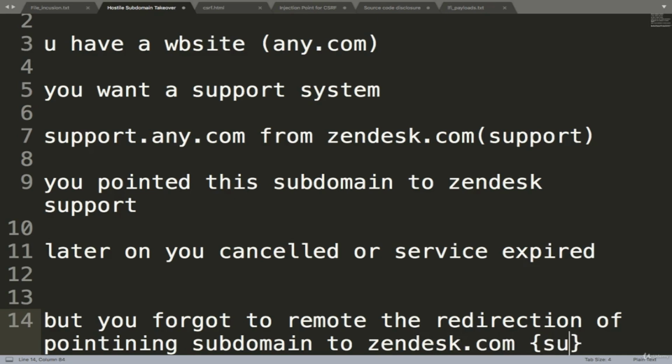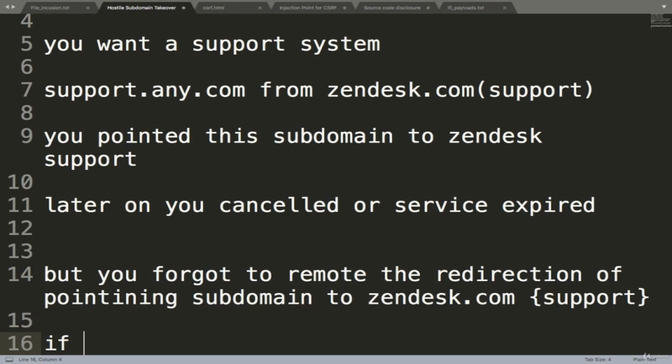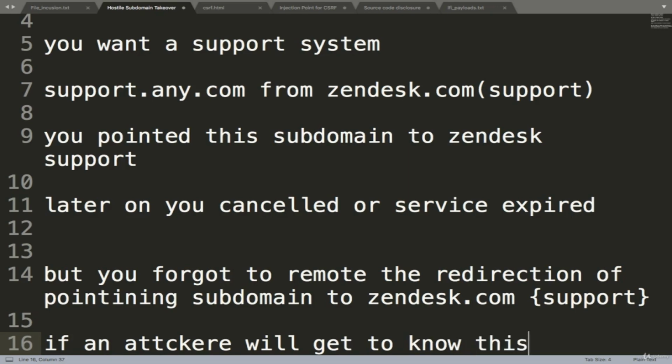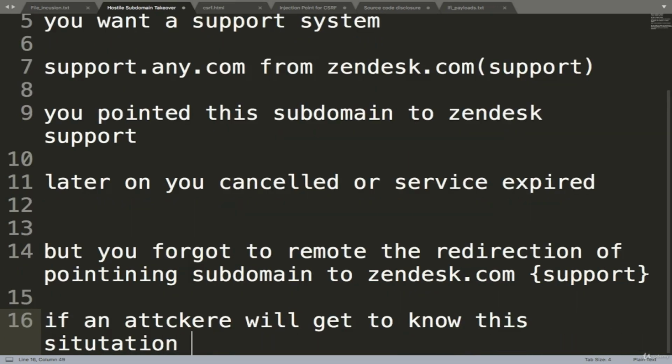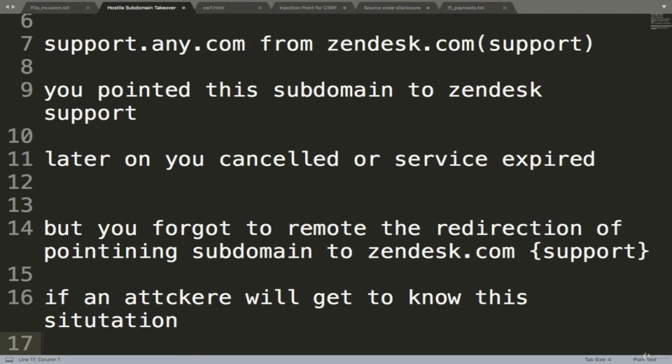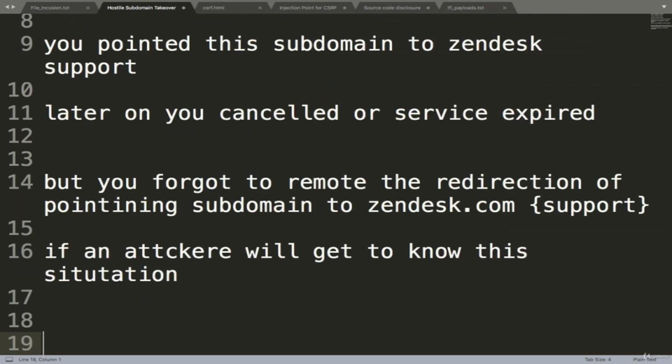Now let's see if an attacker gets to know these situations. The situation is your domain is expired, your subdomain's service provider cancelled or expired, but you haven't removed the redirections. So if an attacker gets to know these situations,